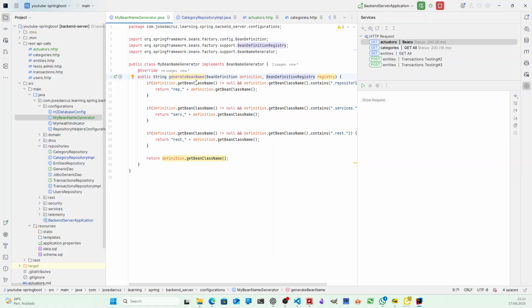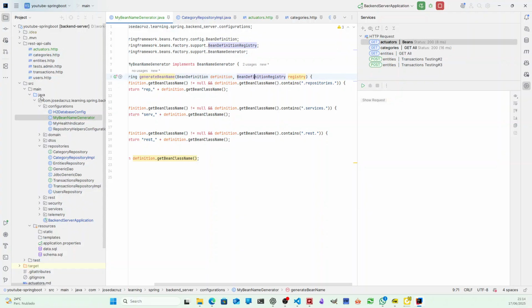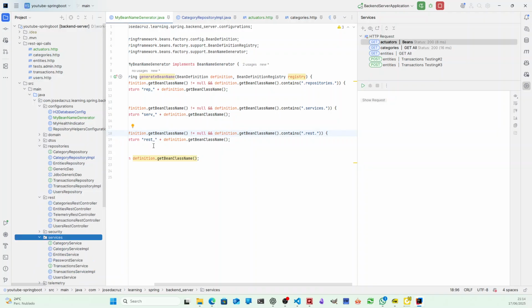In this case, I'm just getting the bean class name, checking if it's not null, and if it contains repositories, meaning it belongs to this package here, I will prefix the beans with rep. The same for the services, which will be these beans here, and I'm prefixing with serve. And for the rest, my REST controllers that are in the package REST here, I'm prefixing the name of the bean with REST, and we will see